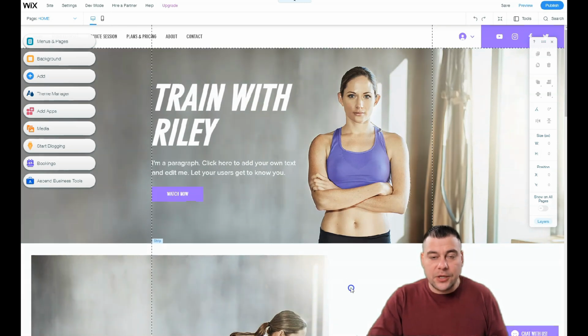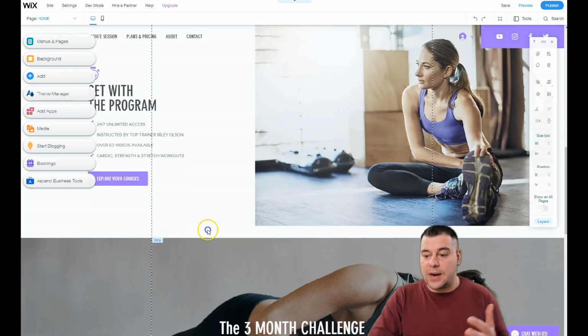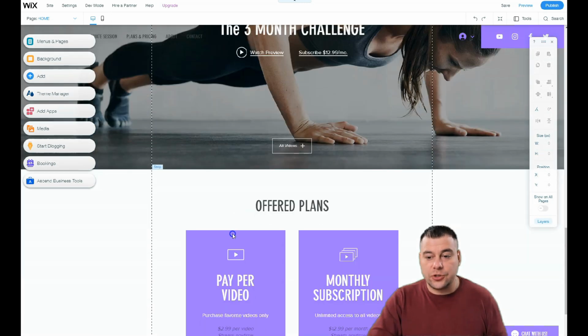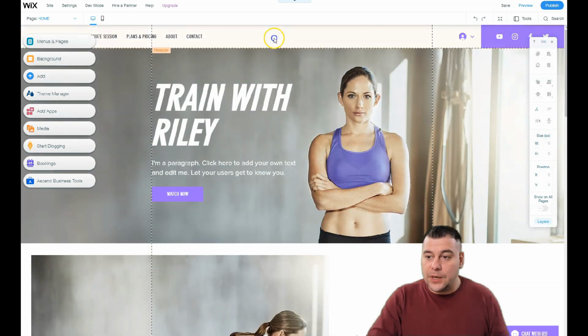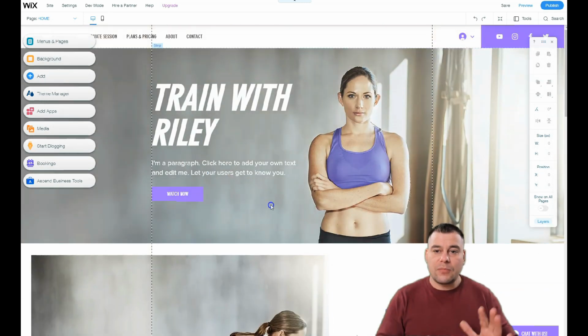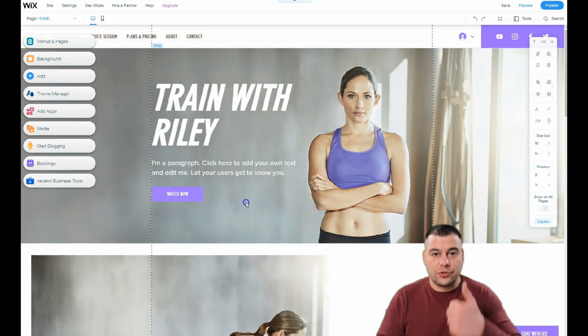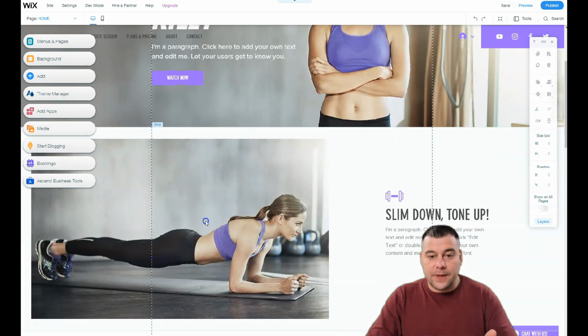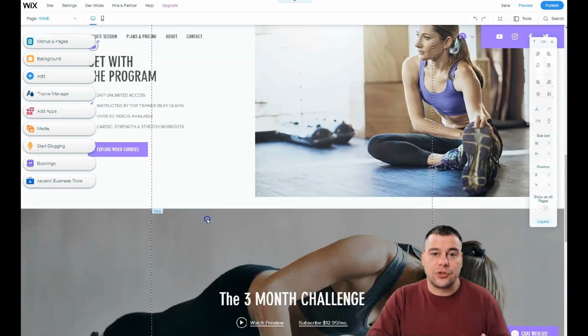That's why throughout your web page, you need to make calls to action like watch now, sign in, jump in, get started with the program, the 3 months challenge and so on, some catchy things. But the point is, you see that there's plans and pricing, about, contact. Actually, you need to describe your business, introduce your business and your services, and you need to get the contact from your potential client and leave your